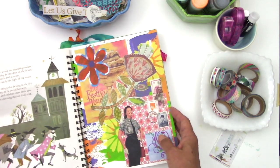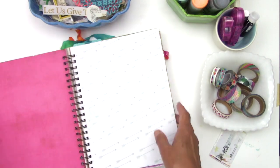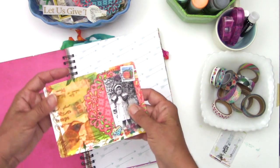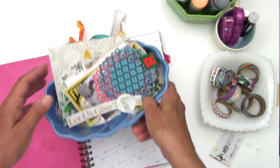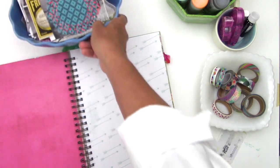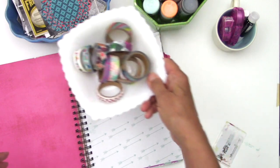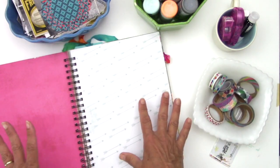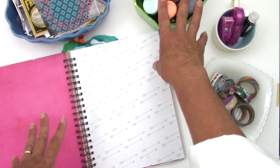But anyways, I'm going to look for a page in here that I think will kind of be along the lines of how I did the backgrounds on these cards. I've got all my little bits and pieces I saved from doing the cards, the paint, the washi. And so I'm gonna pick one of these pages. I think this one or this one, and I'm gonna start on the paint,